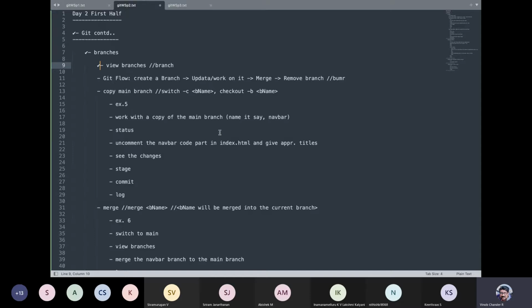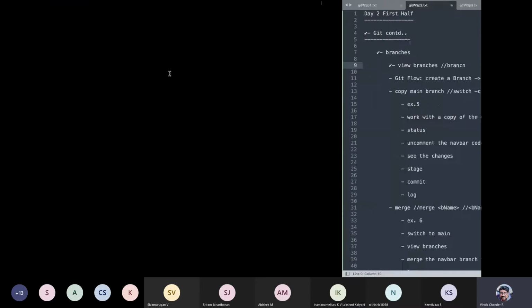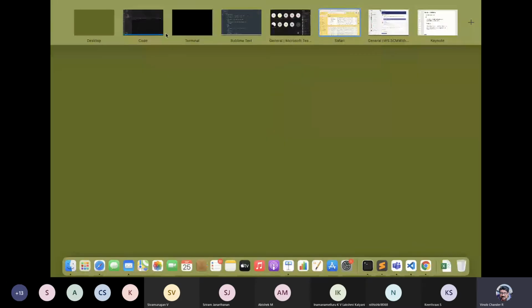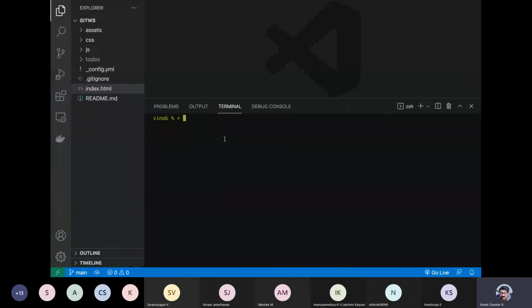Okay, so how do you view a branch, right? To view branches, you say git branch, right? So you just say git branch, right? Now we don't have any specific branches, but again, main is a branch also. So that is the master branch or the main branch that you say, right? So we have one branch, which is our main branch, which we did not specifically create, right? By default, we get the main branch, right? And as you can see, we are in the main branch, all right?